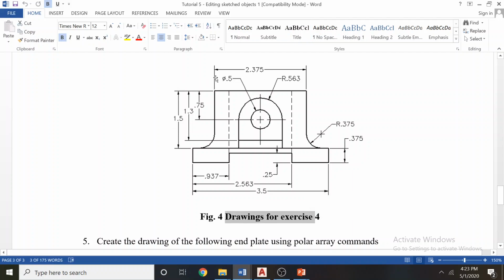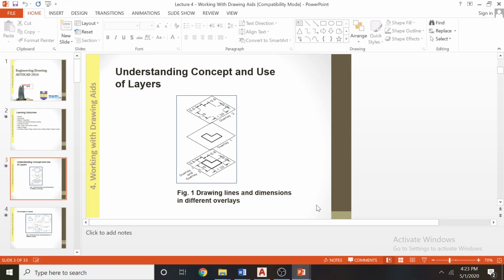So you can break the drawing into different areas called layers. So the important thing about layers is you can turn off the layers. You can have different colors for the layers. Now these dimensions are in a different layer. It can be in different colors, fonts, etc. So this drawing can be in another layer. When you combine the two layers, you can see the final picture. If you want, you can turn off the dimension layer and look at the drawing.